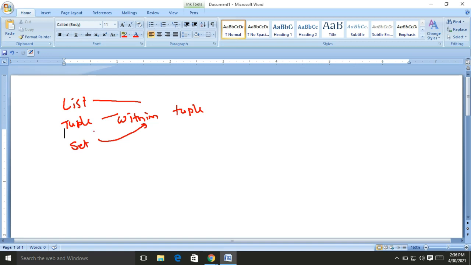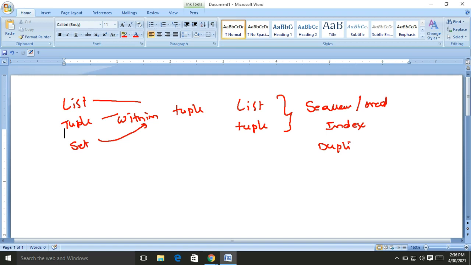But here we can observe that the list and tuple have some similar characteristics. These are sequential, ordered, and indexable data structures, and they also allow duplicates. That means duplicate elements are allowed.